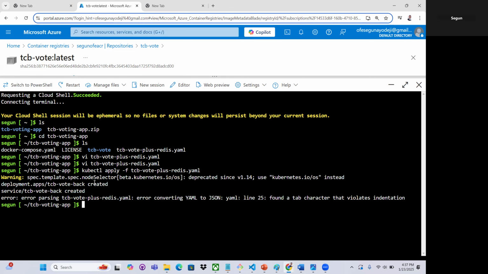Oh, great. Deployment created, service created. So let's see. It says error parsing TCB. It says line 25 found a tab character that violates indentation. Okay, so